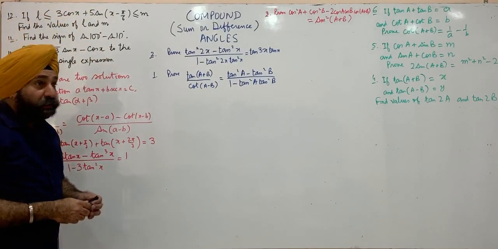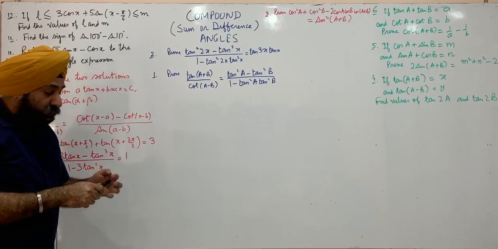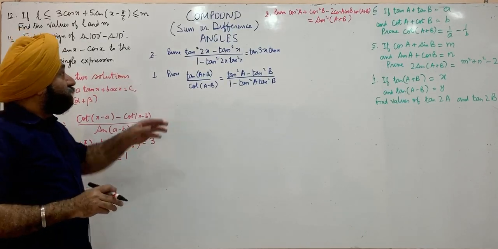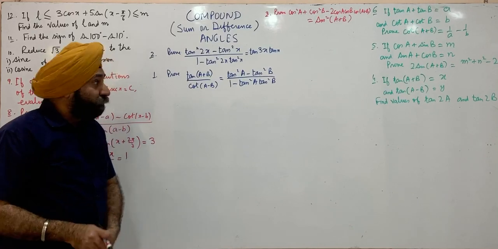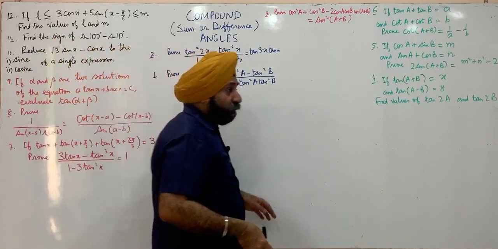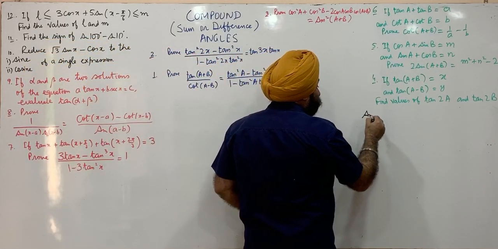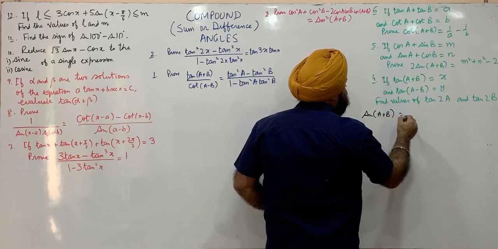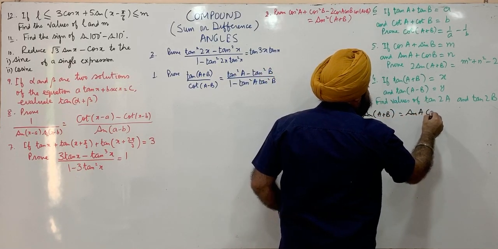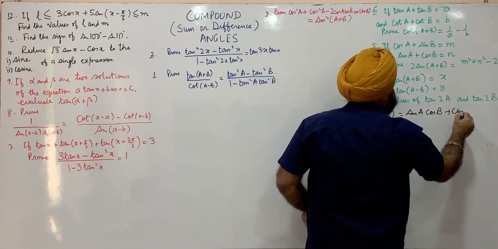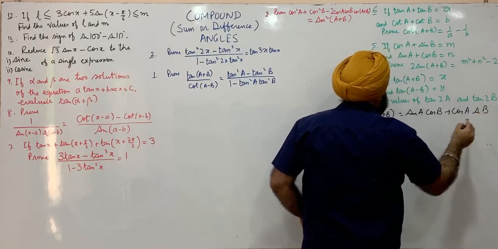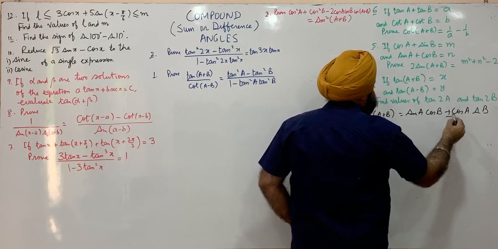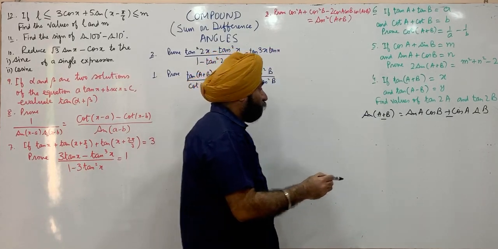We continue with our discussion on compound angles. Compound angles, as we studied last time, are also called sum or difference of angles. Let us straight away revise the formulas. Sin A plus B is sin A cos B plus cos A sin B. In case it's minus sign here, minus sign on the right hand side also.